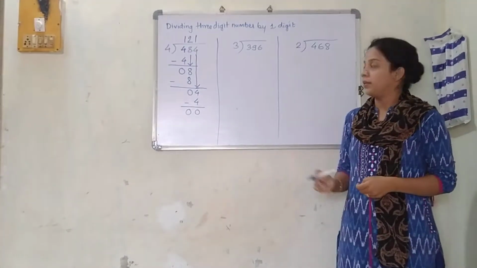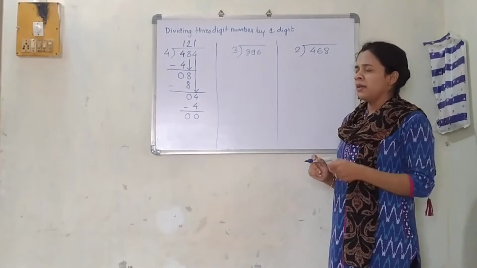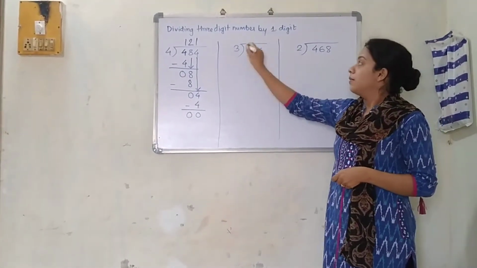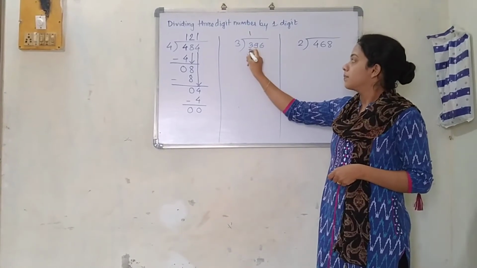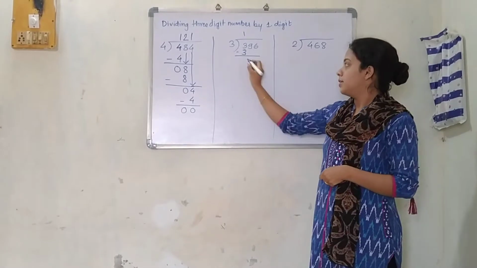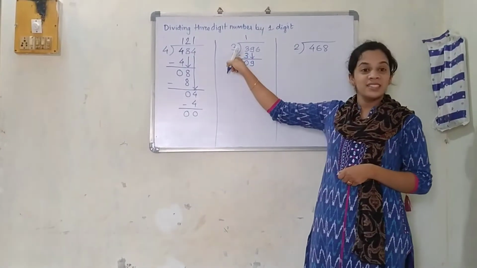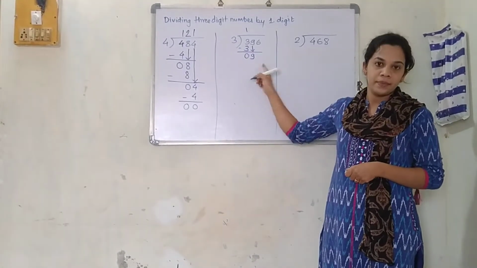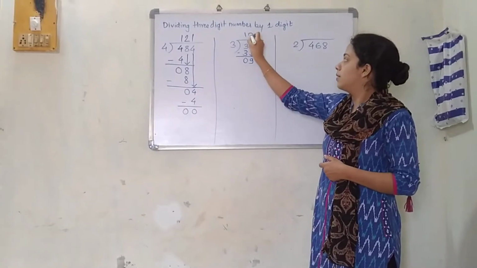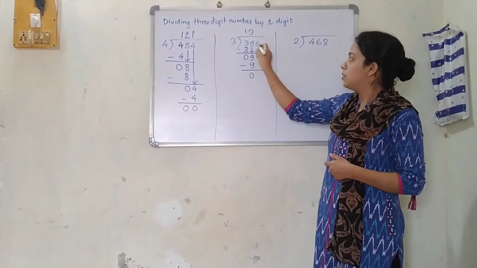396 divided by 3. So, you are going to focus on the first number, that is 3. 3 ones are 3. Okay. So, 3 minus 3 is what? Yes, it is 0. You will take this 9 down. Say 3's table up till you get 9. 3 ones are 3, 3 twos are 6, 3 threes are 9. You got 0 over here.